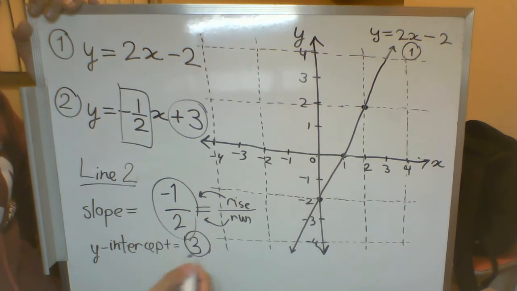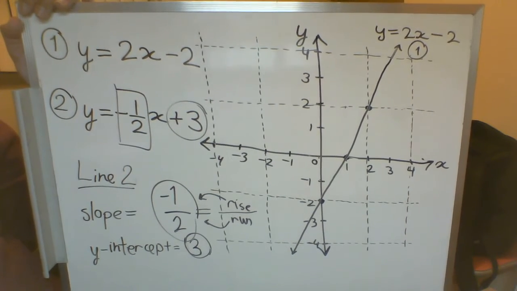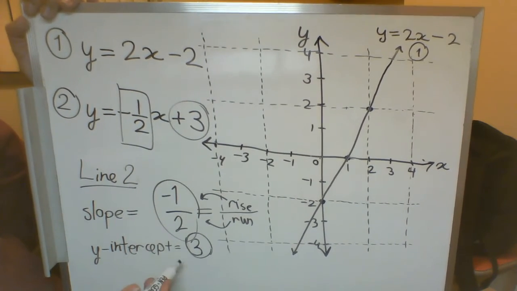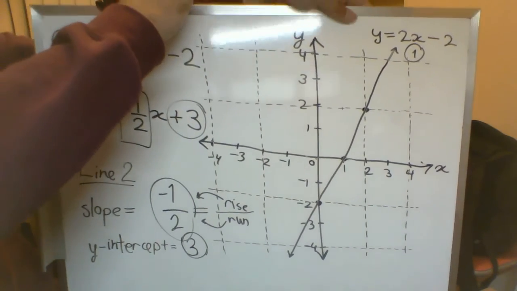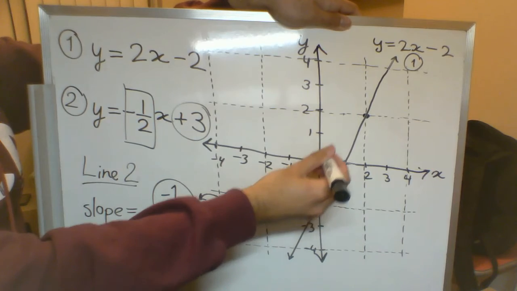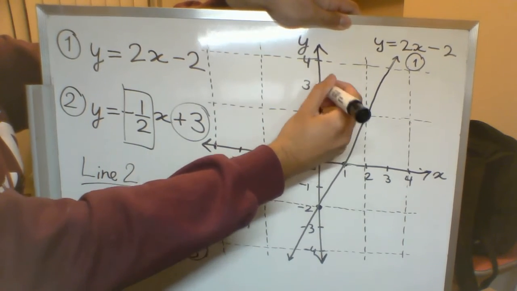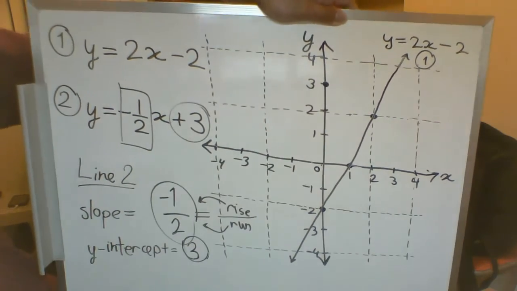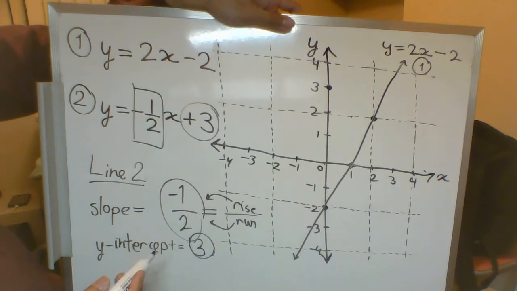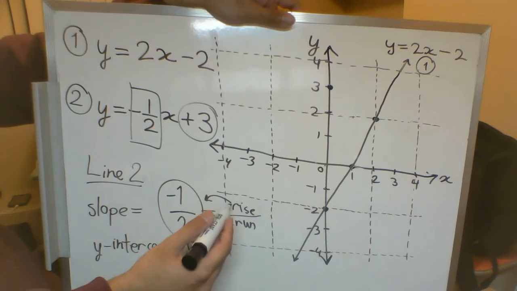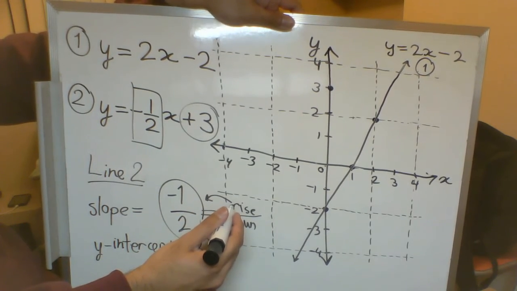Great, so we figured out our slope, we figured out our y-intercept for this line. Let's get to graphing. So we start with plotting a point at the y-intercept. So in this case, we've got a y-intercept of positive 3, so we start at the origin, we go up 3 units to here, we plot a point right there. And that gives us our first value. Now from here, we've got to make use of our slope. So what the equation is telling us is that our slope is negative 1/2, that's great. And so what we get is that